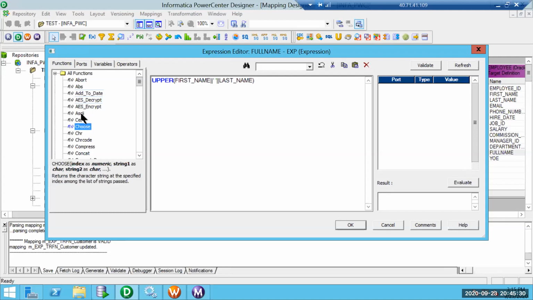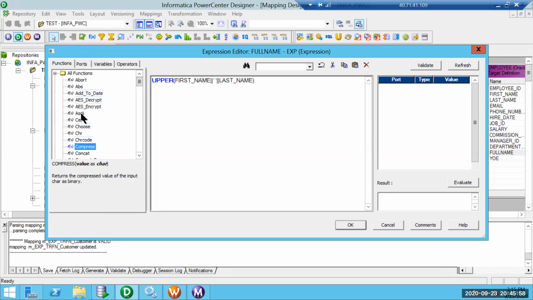CHOOSE is going to return the characters which are specified. CHR is to convert any numeric to character. Then we can return the decimal representation of the character code.